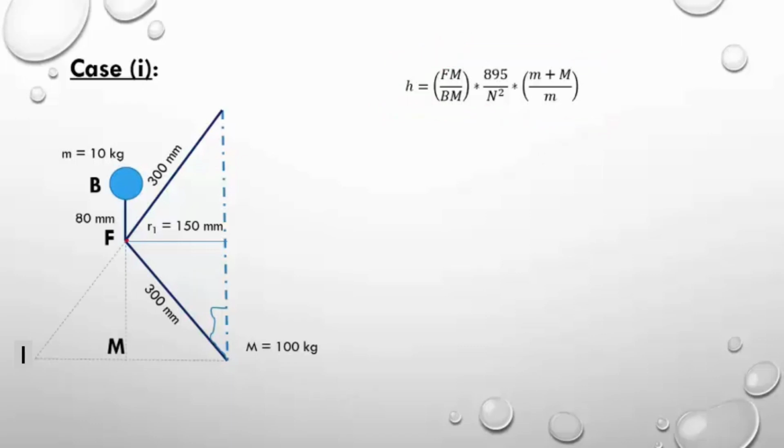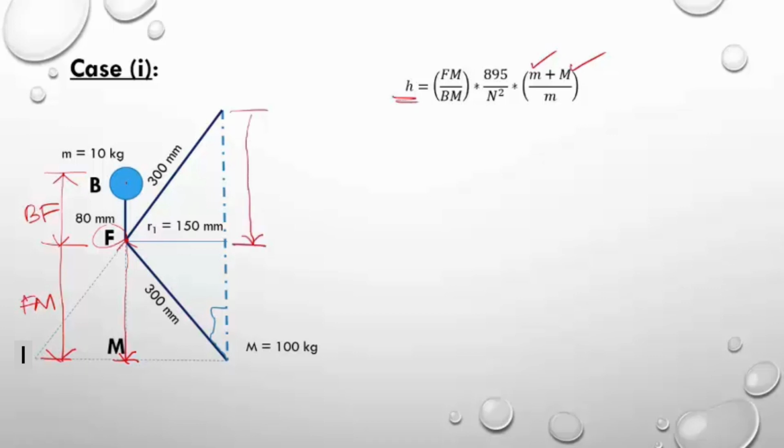This connecting point is F and this point is M. The ball center point is B. If we notate these locations by these letters, then Fm is this distance and Bm is this distance. That is, Bm is Bf plus Fm. So small m is the mass of the ball and capital M is the mass of the central sleeve. Here H is the height of the governor, which is the distance between the upper pivot point and the point at which the arms are getting connected.